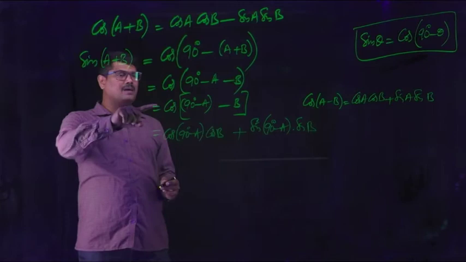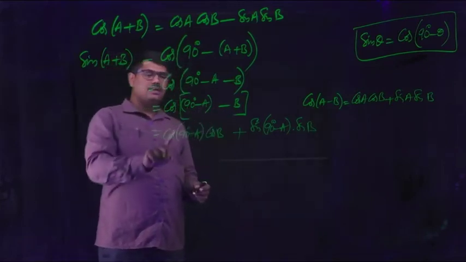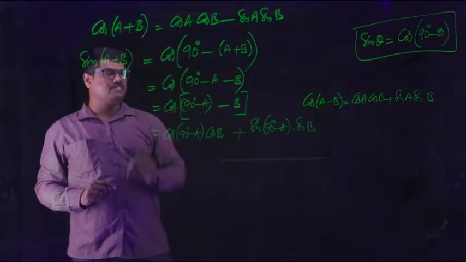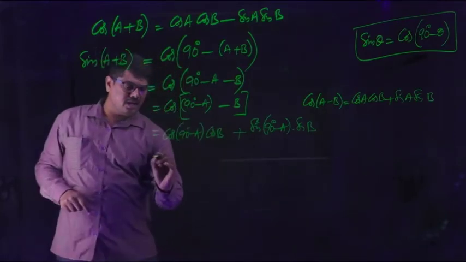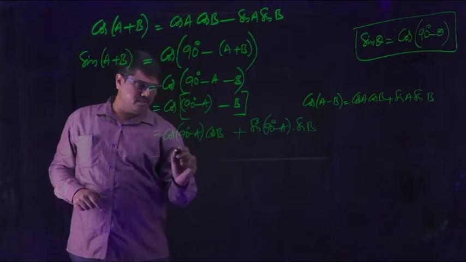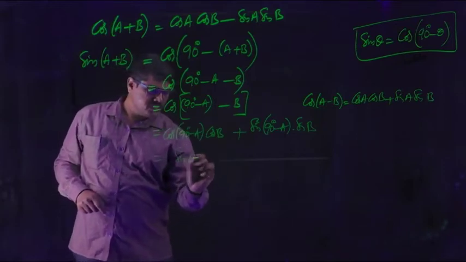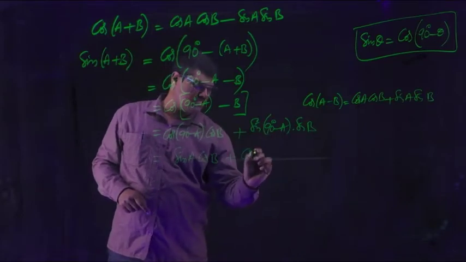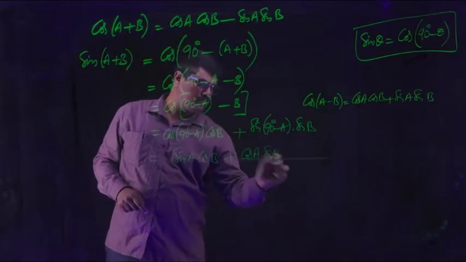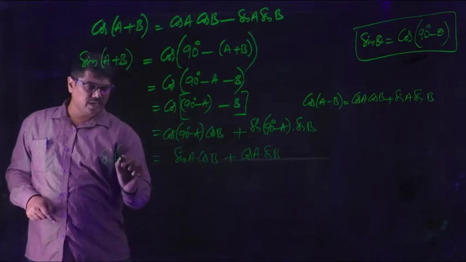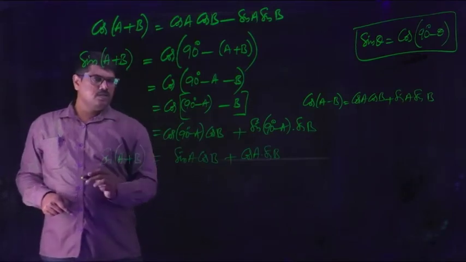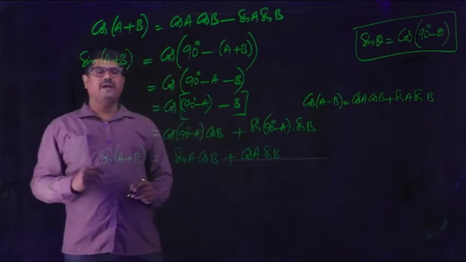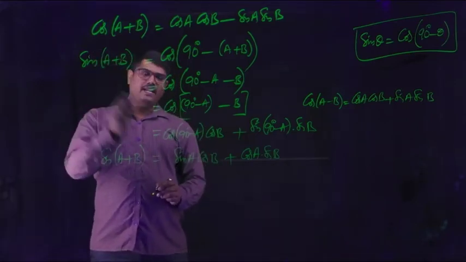So applying cos of A minus B here, cos A cos B plus sin A sin B, just observe A is replaced with 90 minus A. And we already discussed cos 90 minus A is sin A. Sin A cos B. Sin 90 minus A is cos A. Cos A sin B. So we get the formula of sin of A plus B. So by using cos A plus B formula, we can find and verify sin of A plus B